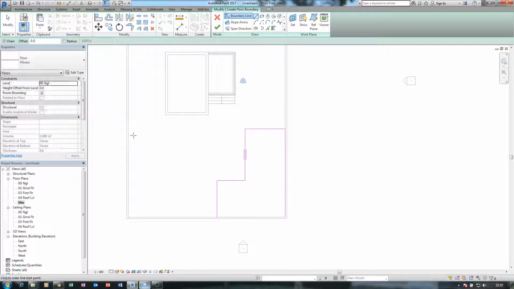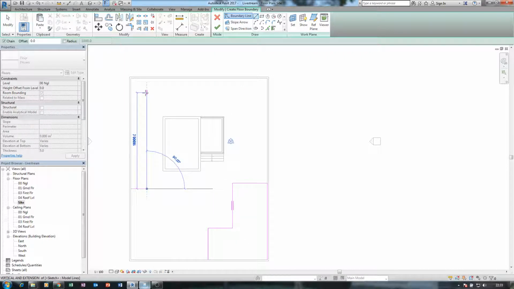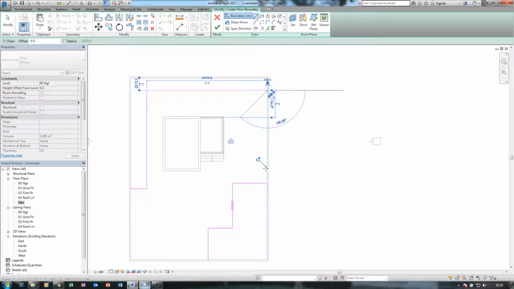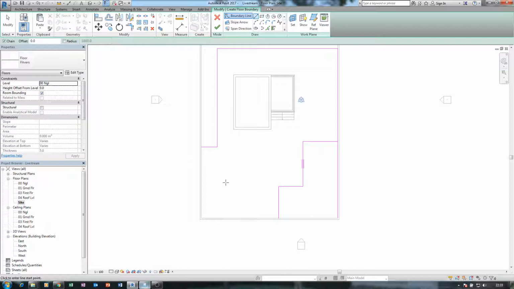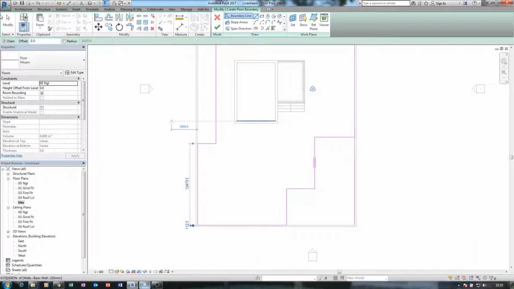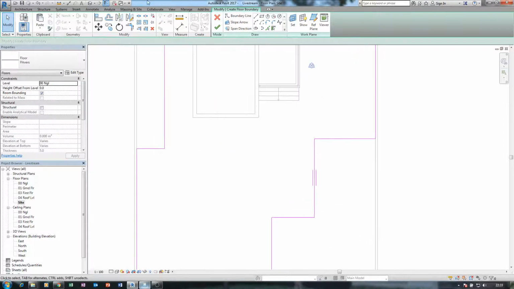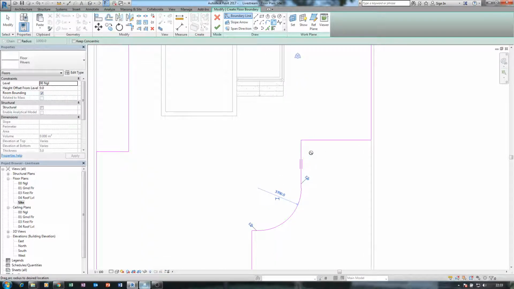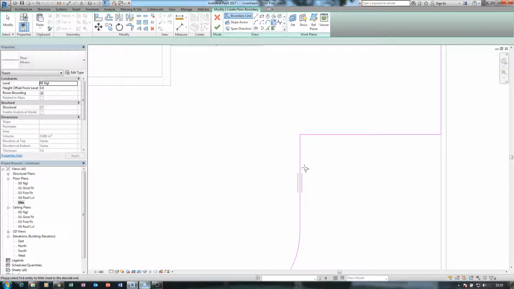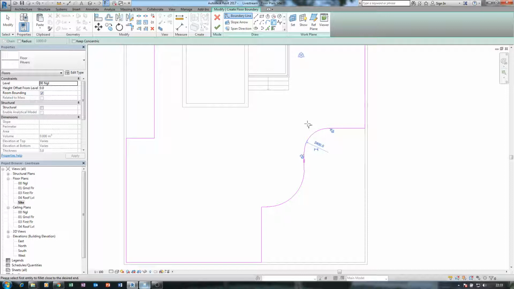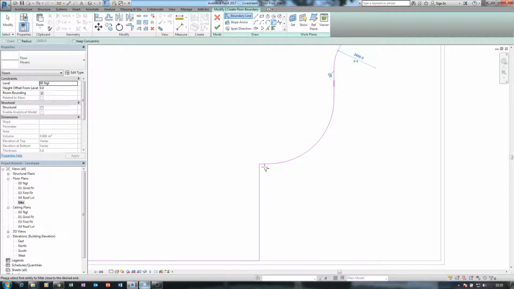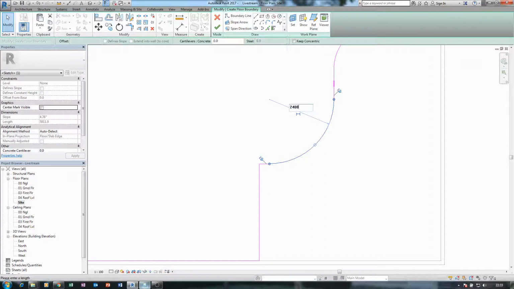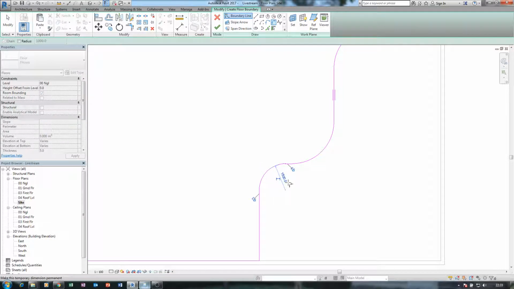It's supposed to be like this. Okay, just let's make this something like that, 2.4 as well. Okay, I think we are good.